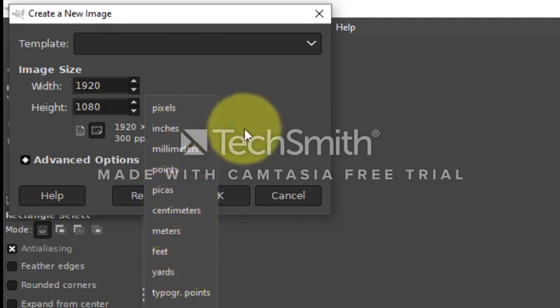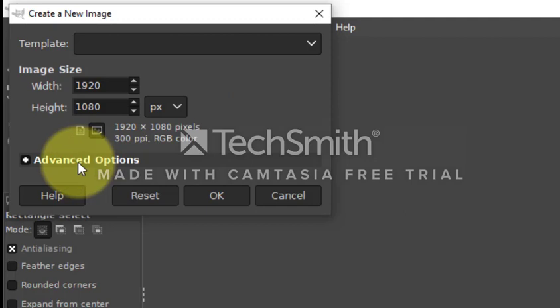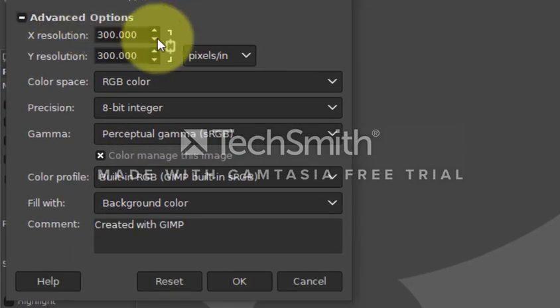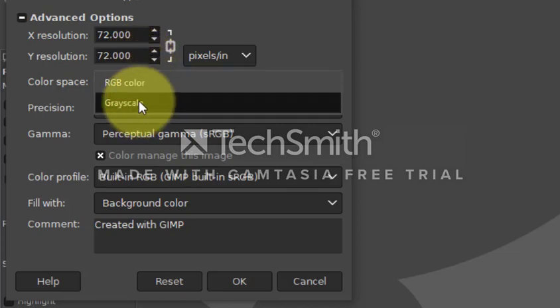Click on Advanced Options. Here you can change the resolution. 72 dpi, that is dot per inch, is best resolution for display on computer screen. You can choose RGB or grayscale for color space option.